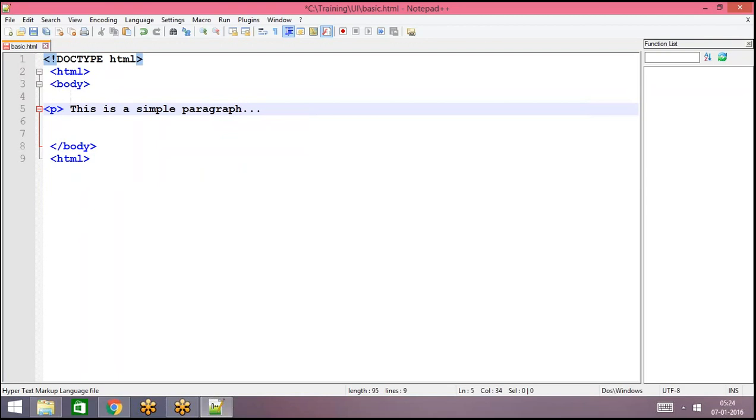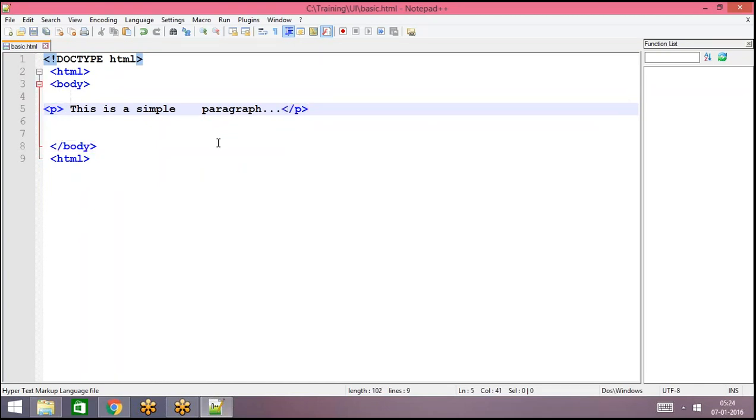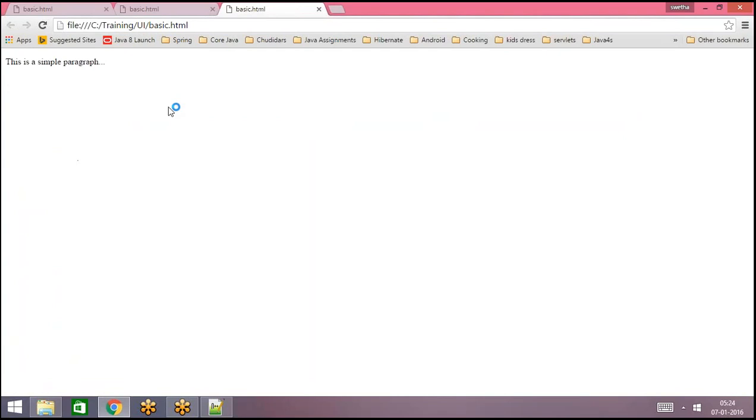And here I'm adding some extra spaces. But when this paragraph is shown on the web page, these extra spaces will be automatically removed. So this extra space is automatically removed.